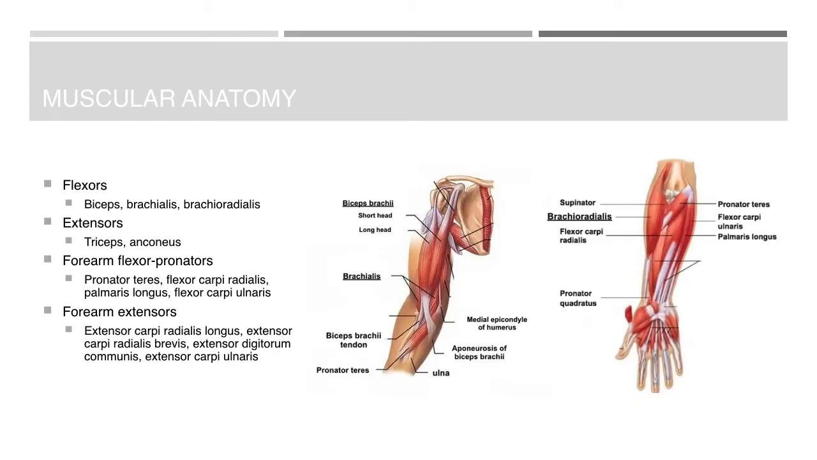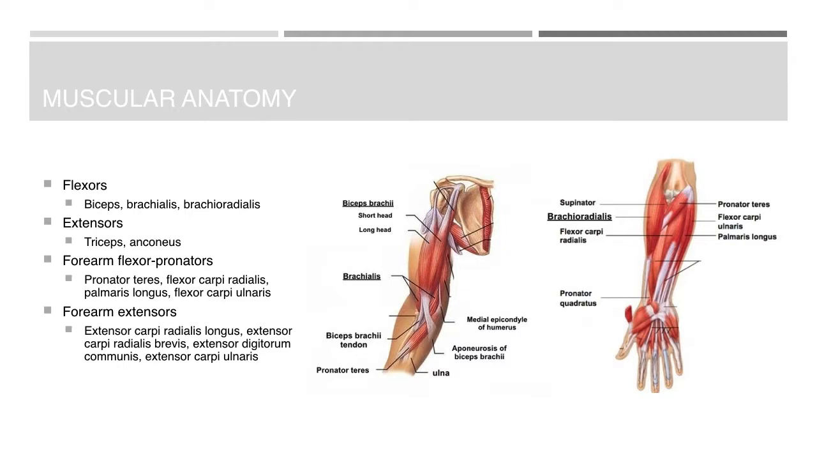Next, we have the muscular anatomy. The muscles crossing the elbow joint act as dynamic stabilizers and protect the static constraints from the previous slide. There are 4 muscle groups around the elbow: the flexors, including biceps, brachialis, and brachioradialis; the extensors, including triceps and